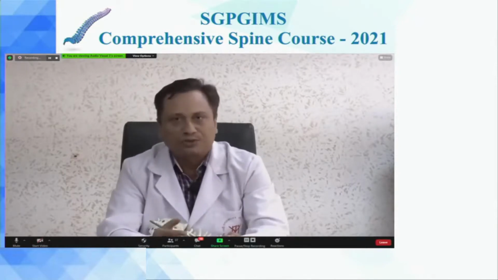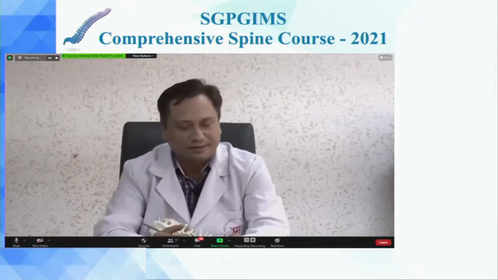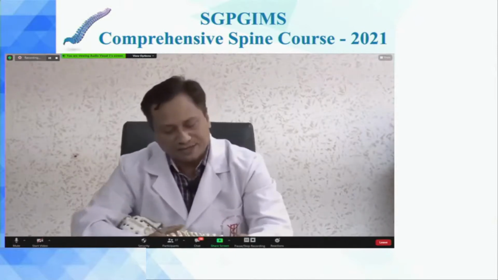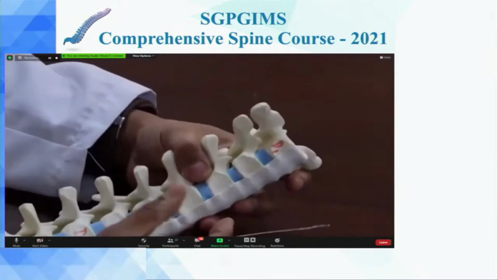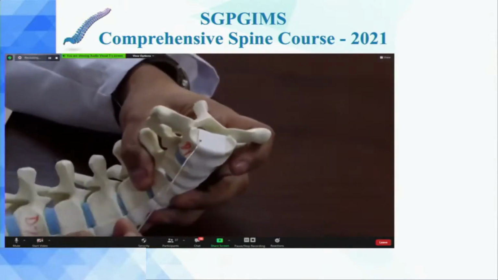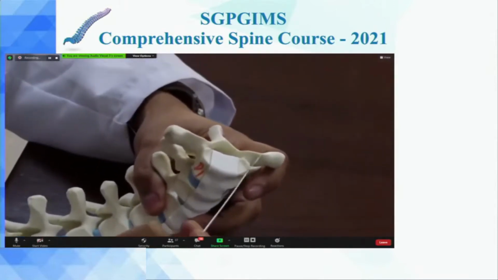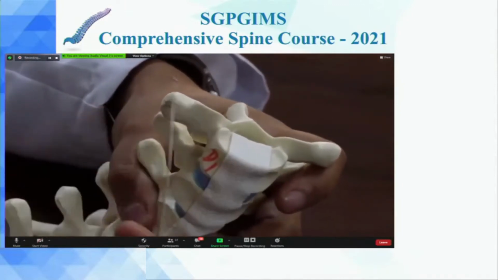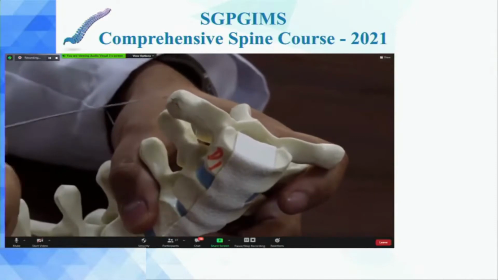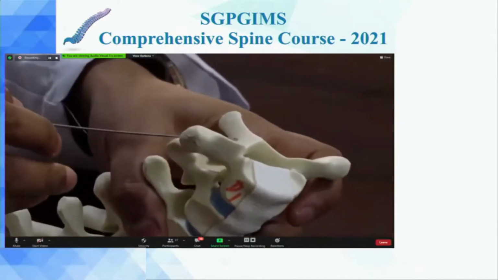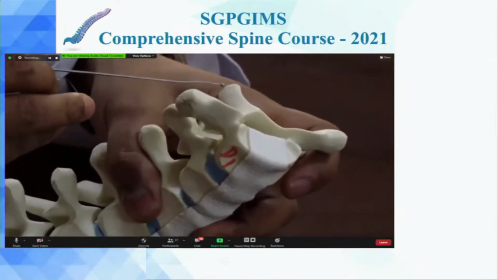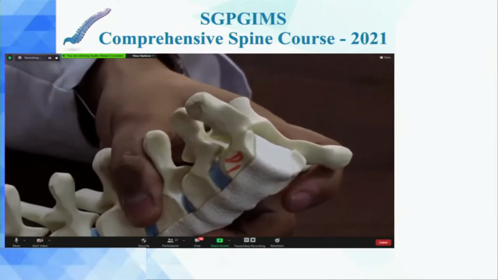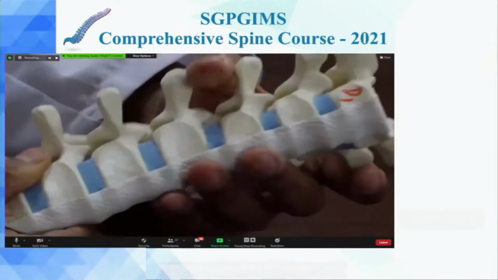A dorsal spine, as you know, there are 12 in number from D1 to D12, and they comprise the dorsal spine. The dorsal spine has got different components like any other vertebrae. It has got a vertebral body, it has got pedicles, it has got transverse processes which are projecting posterolaterally, unlike the other transverse processes in the cervical and lumbar region. It has got bilateral laminae, and it has got a spinous process which is pointed and goes downwards.